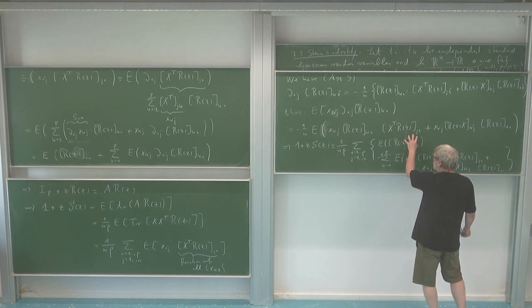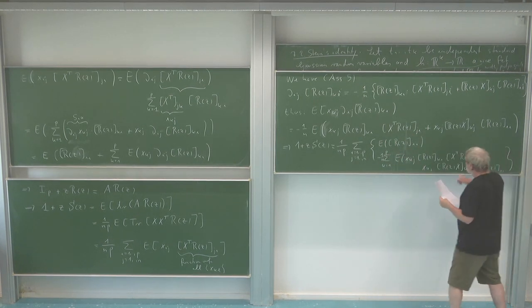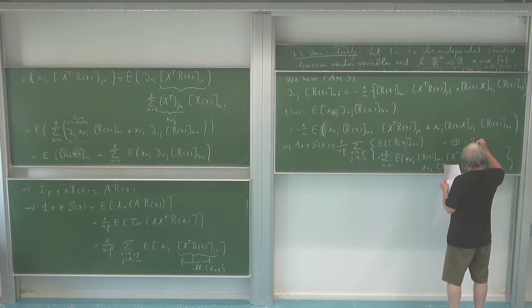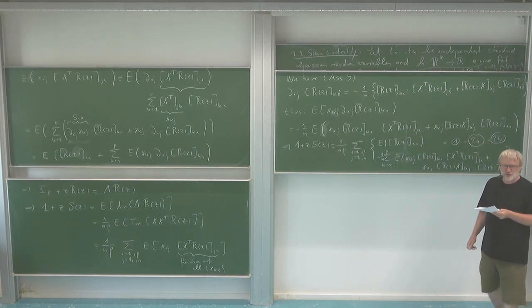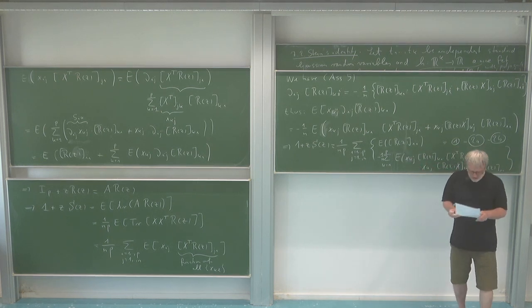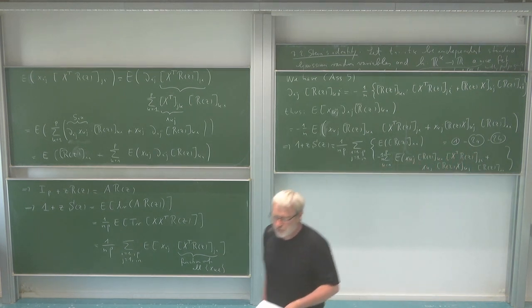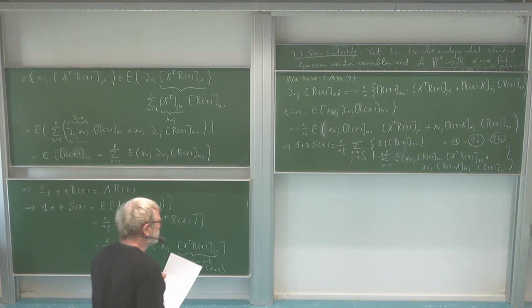I have this term, and then in this sum here I also have 2 terms, and I write this as 1 minus 2a and minus 2b. And we have to now look separately at those terms and understand them. It is clear that this term is easy. And so maybe I still do this one because this is more or less clear, and then maybe next time I continue with the other ones because there's still some work.